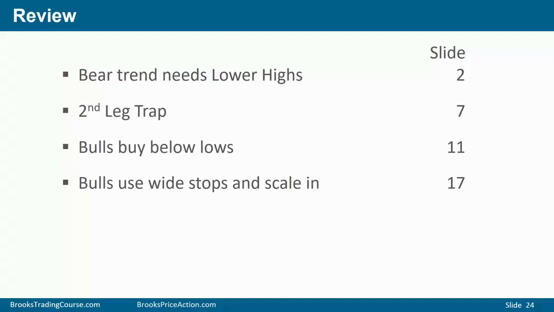Whenever the market's in a channel or a trading range, second leg traps are common. The market has a very strong second leg, and you think that the market's converting from a channel into a trend, but it traps traders into buying too high if it's a second leg trap up, or selling too low if it's a strong second leg down. Because the reversals up go for a lot of bars and cover a lot of points, bulls can buy below bars and make money. More experienced traders will use wide stops and scale in.